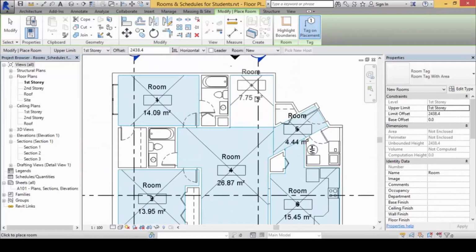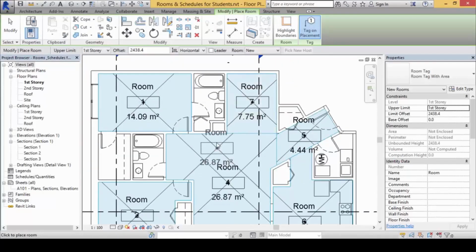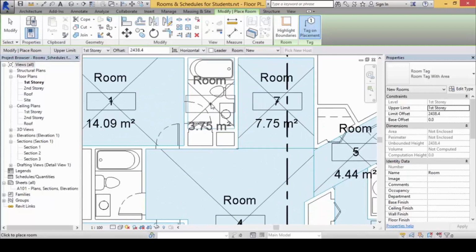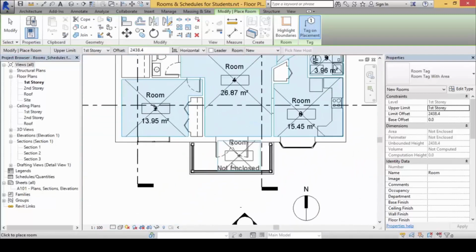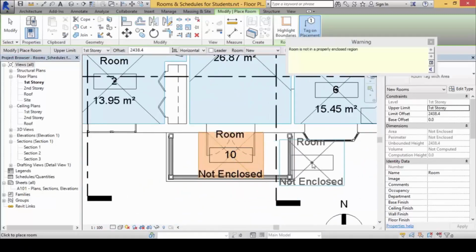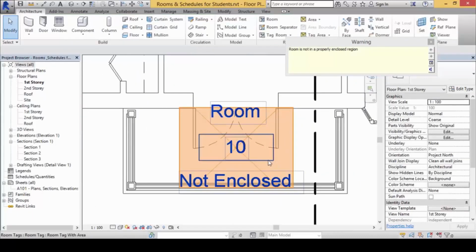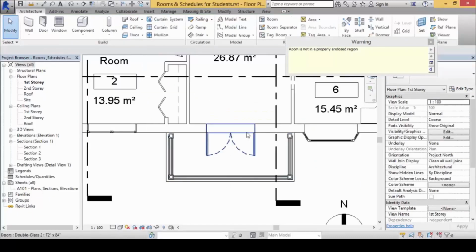Then I will label this one also while I'm at it. Label this also. Label this also. And label this also. Again, if you look at this now, oh oops, not properly enclosed region or something like that. So if it's not properly enclosed, let's take a look and see what is going on. If it is not properly enclosed,